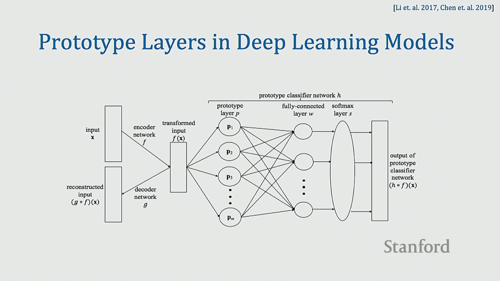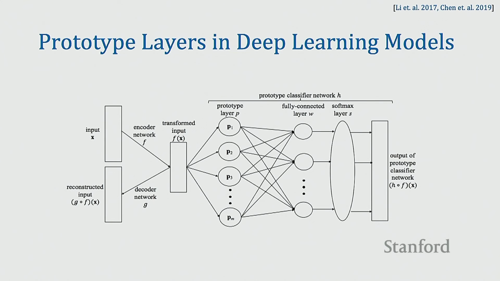So here we are jumping into that territory. There are a few approaches which try to do something like this. The idea here is that you can make deep learning architectures interpretable by essentially introducing these kinds of layers. So there is a prototype layer followed by a fully connected layer. You can augment these two layers almost towards the end of a given neural network architecture and try to get some interpretability in terms of the predictions being made.